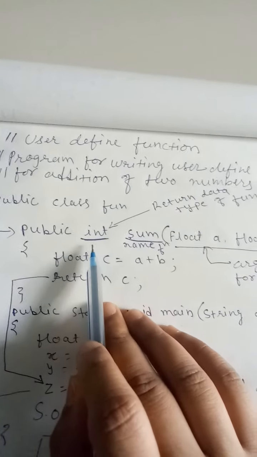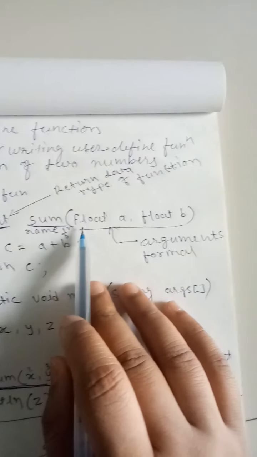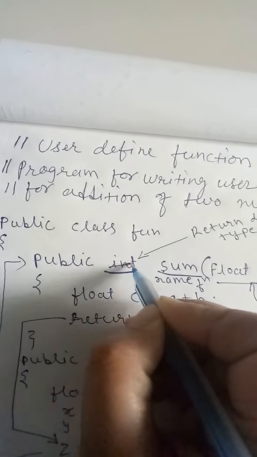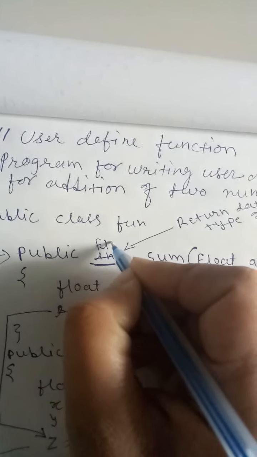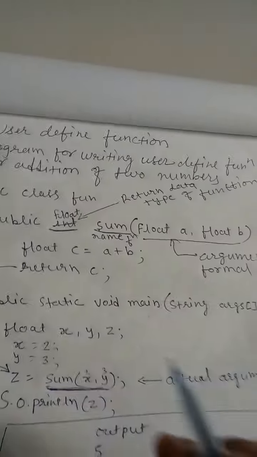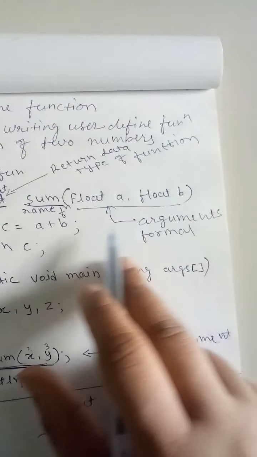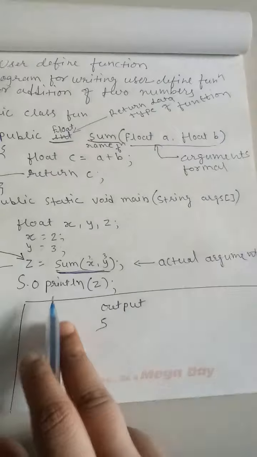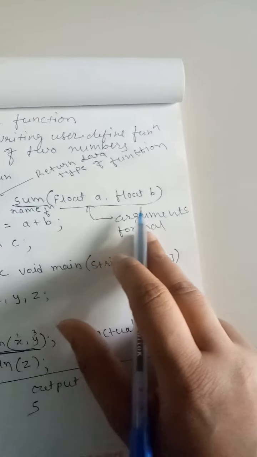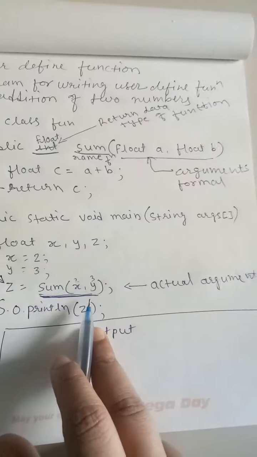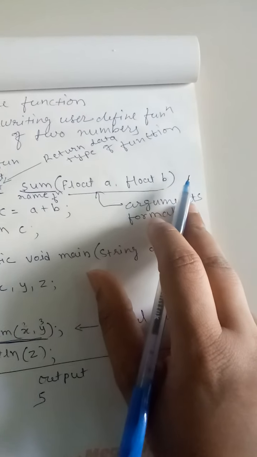So here I have taken int, but student, you can see my all variable are of float data type. So I will not write here int, but I will write float. Okay. So my return data type is float, then function name is sum, and because I am adding two value from main, I have taken two value only. That is why I have declared only two arguments over here. If you are sending 3 value, you have to declare 3 variable here. If you are sending 4 value, then you will declare 4 variable over here.